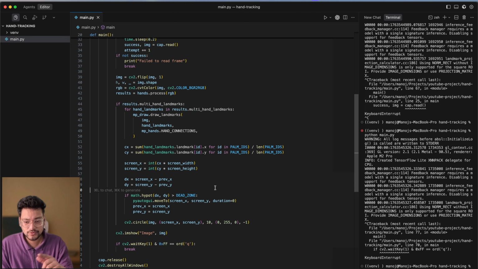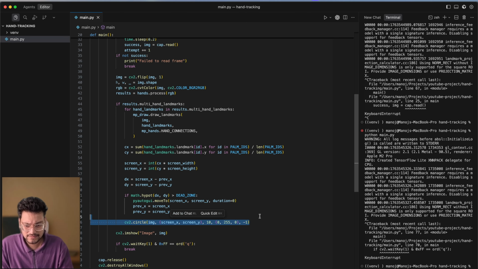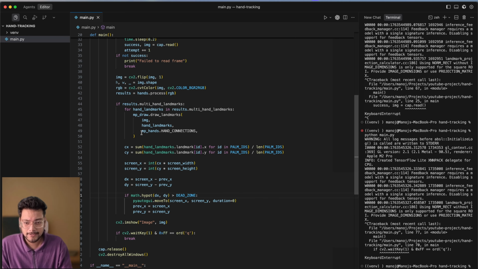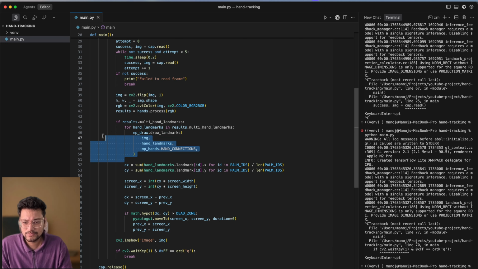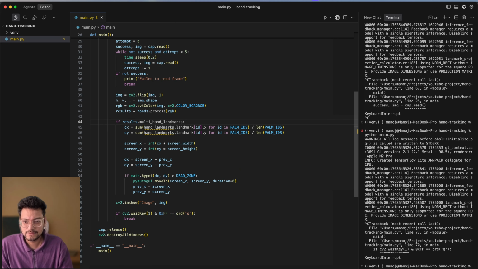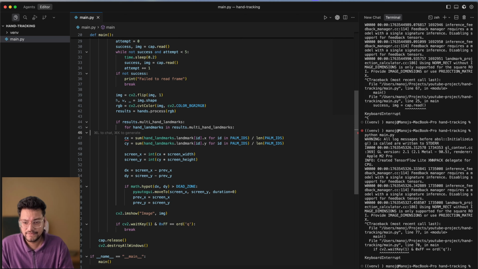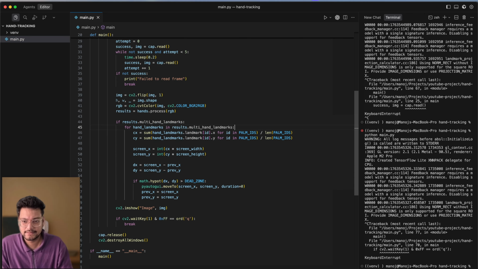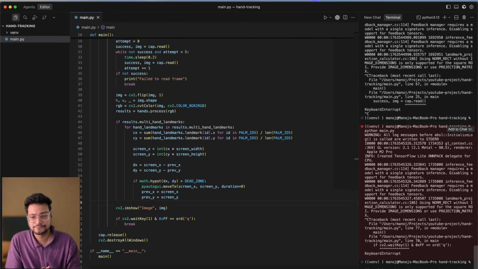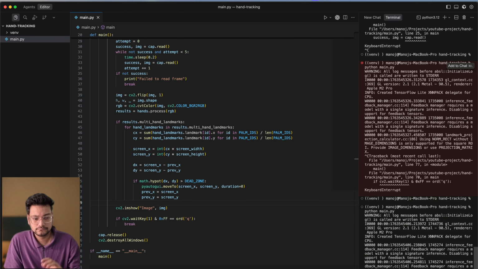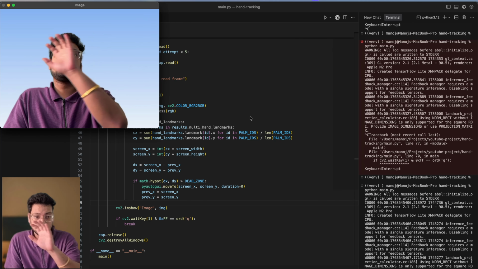Right. So what I'm going to do is remove this circle because we don't need it. And also we don't need the landmarks, to be honest, so we'll just remove that as well. We need the hand landmarks, but we just don't need this. We also need this to be inside this. Right. Now let's run this. So you can see the mouse moving,